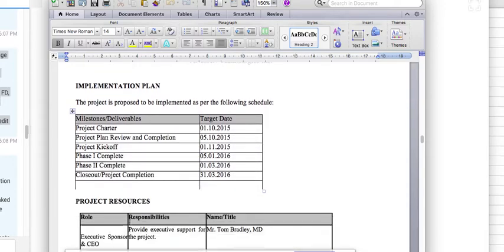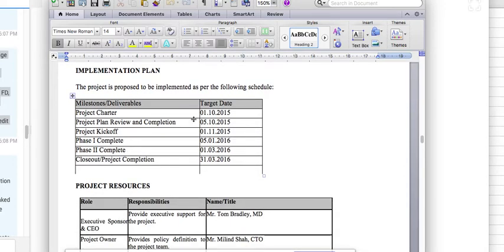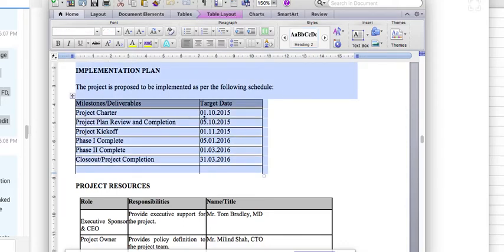When we talk about the implementation, then we'll see these are the various types of implementation here. Like this is a project implementation plan. Here it is mentioned the project charter, what date it should be completed. Project plan and the review completion should be the date it is mentioned. Project kickoff should happen sometime in